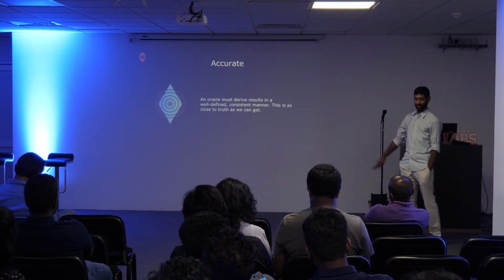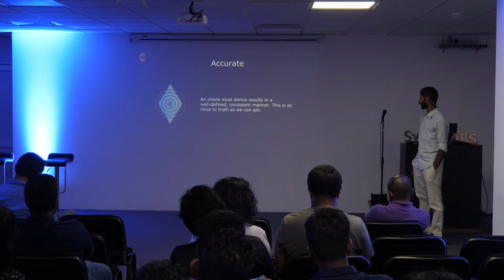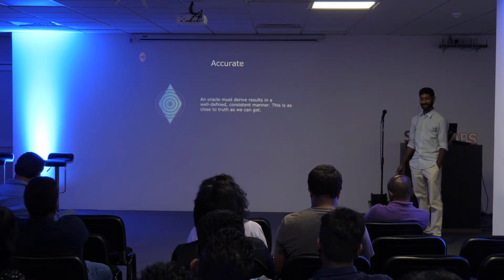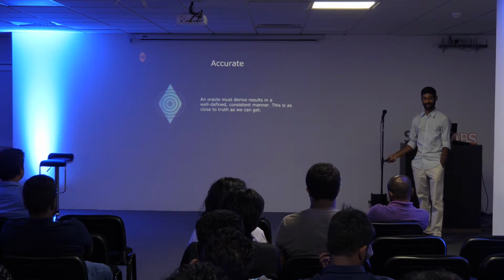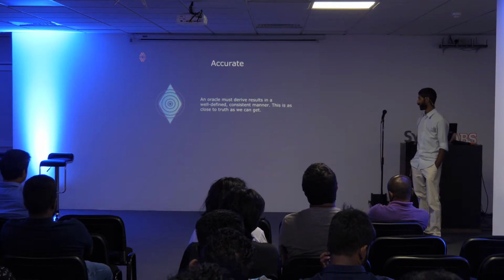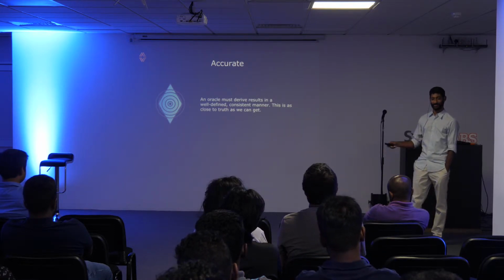All right, now I'll go through the 4 pillars. I'll try not to make it a shameless plug, but accuracy can only be defined in the context of what we discussed earlier about the nature of truth on blockchain. An oracle can only be as accurate as it is consistent to the process defined at arriving at a result.